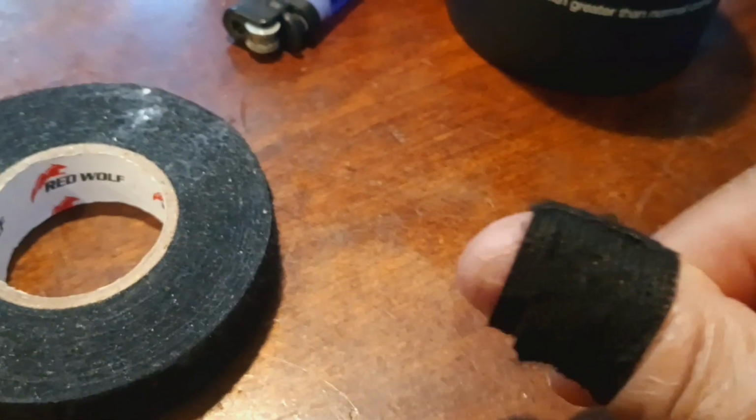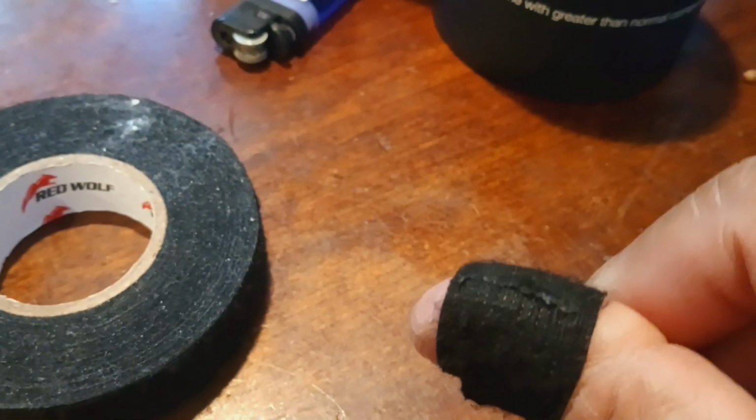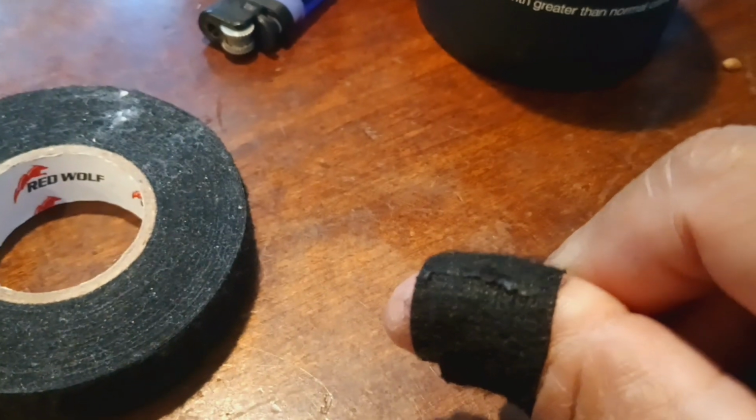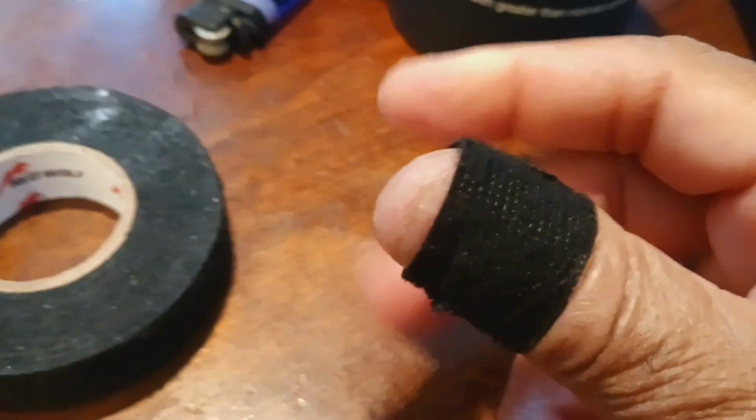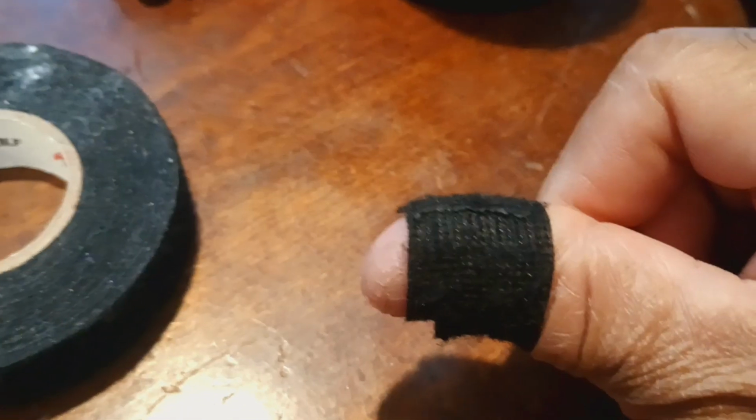I was trying to take this stuff off my finger and I couldn't take it off. I could not take it off. And so as I was trying to take it off,